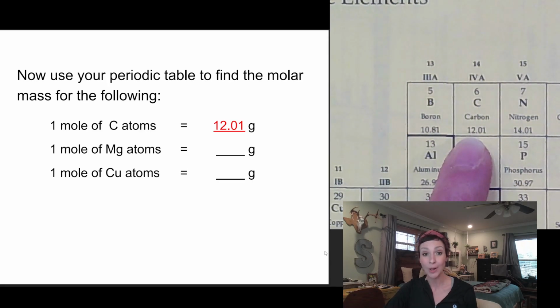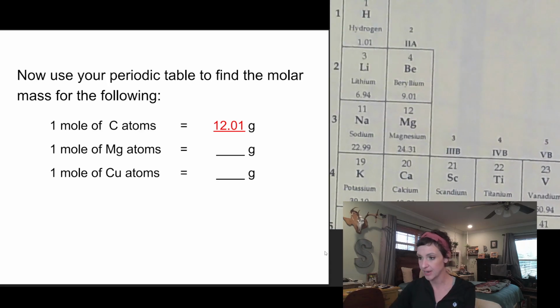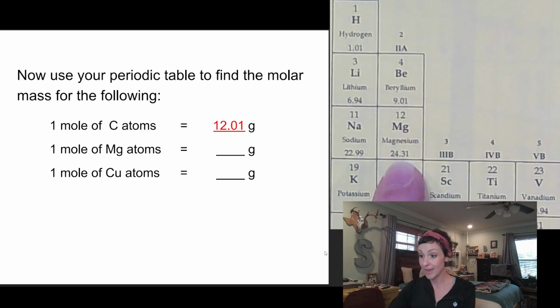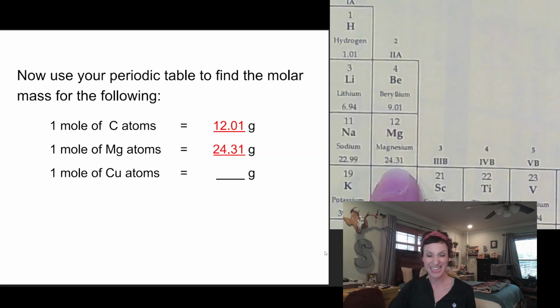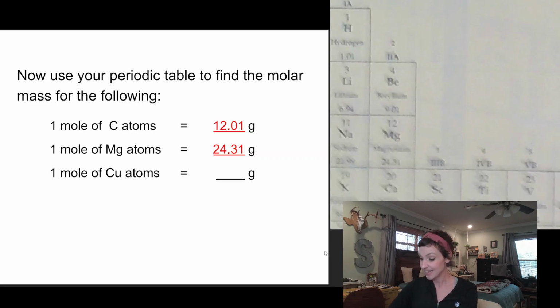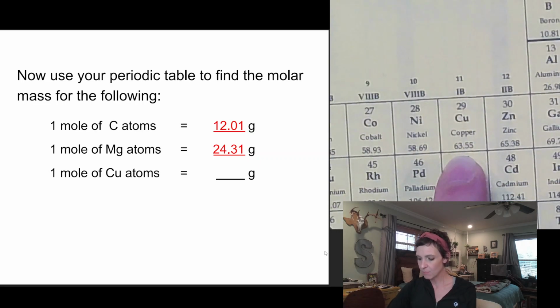Next one, a mole of magnesium atoms. Got to find magnesium. He's way over here. He's a group 2 guy. There he is. A mole of magnesium weighs 24.31 grams. Look at us. This is so fun for us. And last example, a mole of copper atoms. He's one of my fun transition metals. He is right there. Guess what? A mole of him weighs